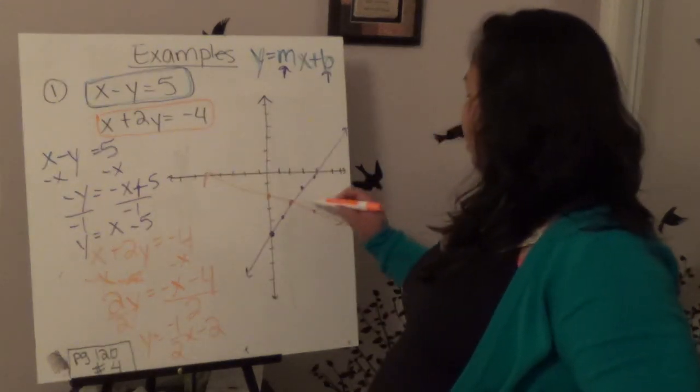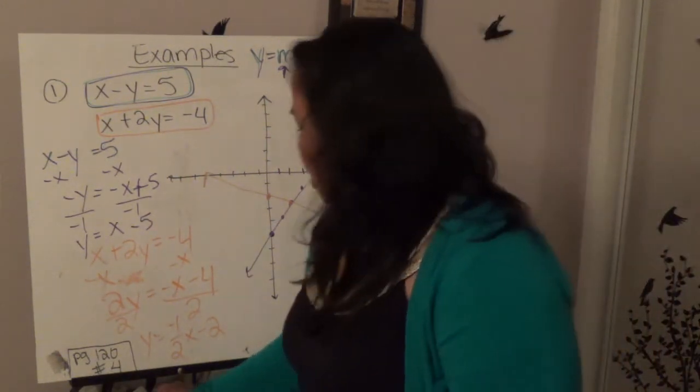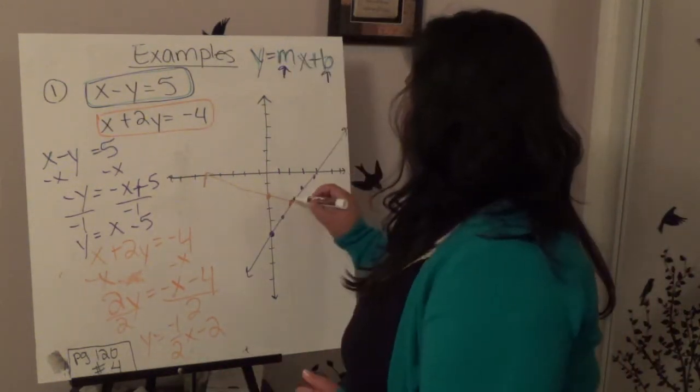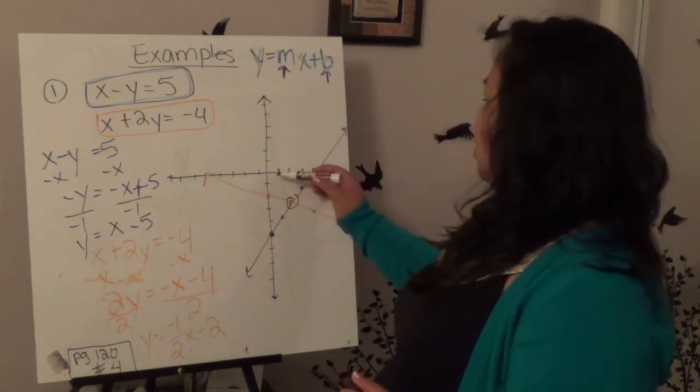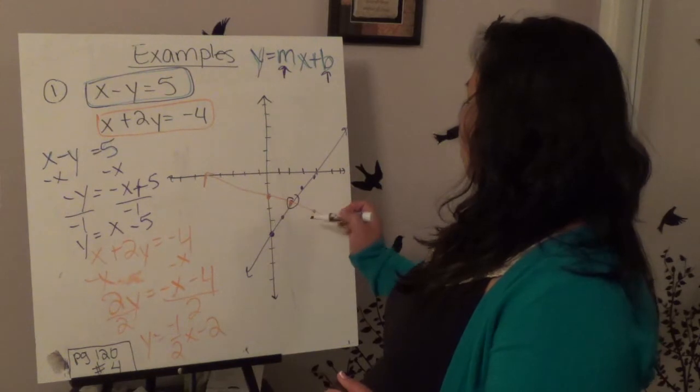So this point right here is my solution. It's where they intersect. Okay, which is negative 3 over 2. So